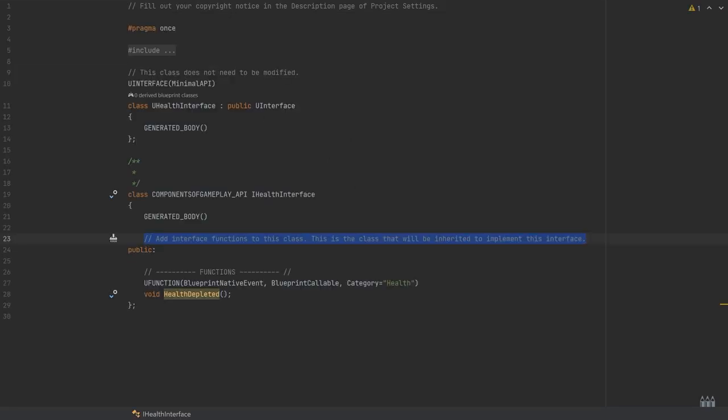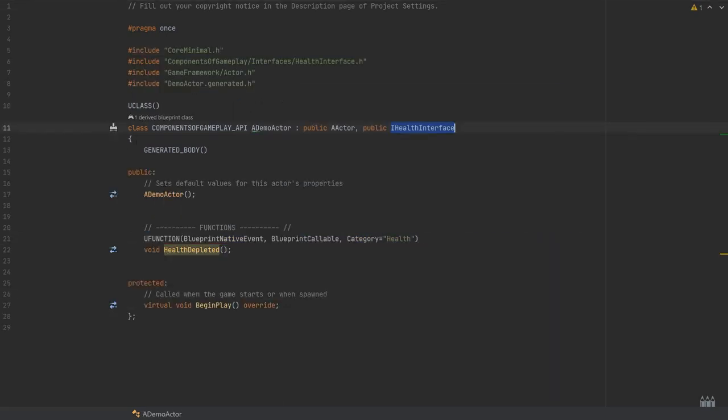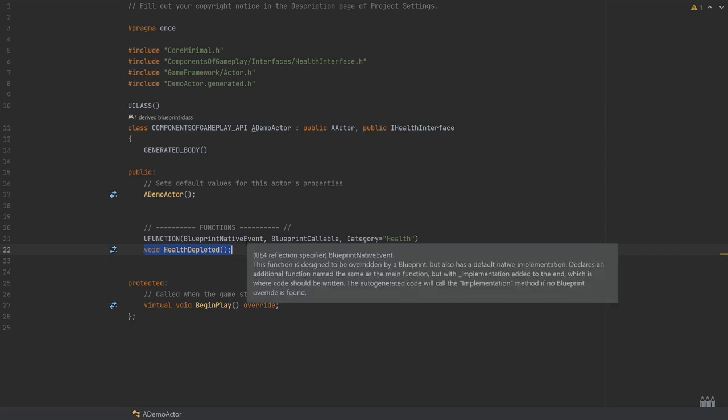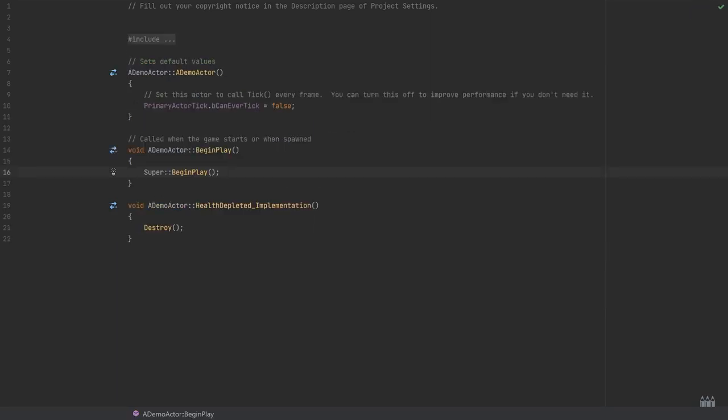So what we're going to do is we're going to take this health depleted function, and back inside of our demo actor class, that's why we have this void health depleted function here. This is where we're going to inherit this. So anytime you're using an interface, you need to have declared the same function in the class that you're using that interface on. Then in our code file is where we're going to actually be using the health depleted implementation,